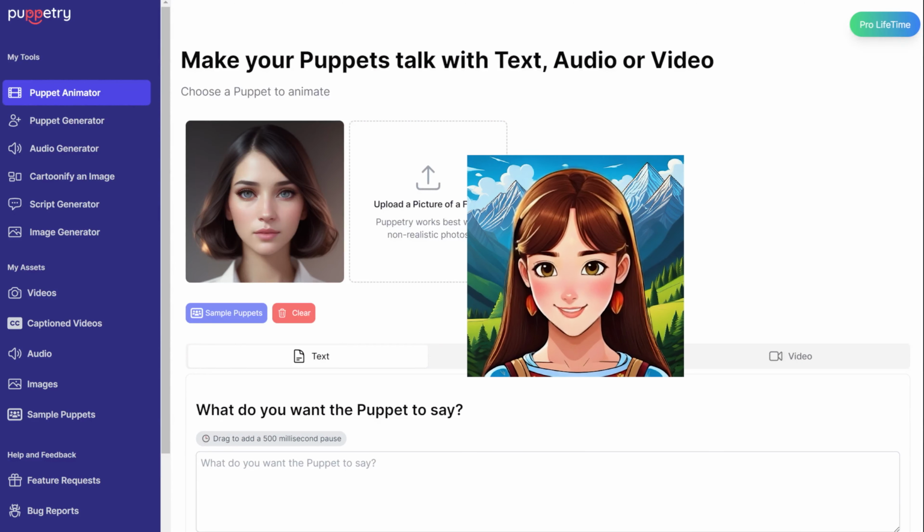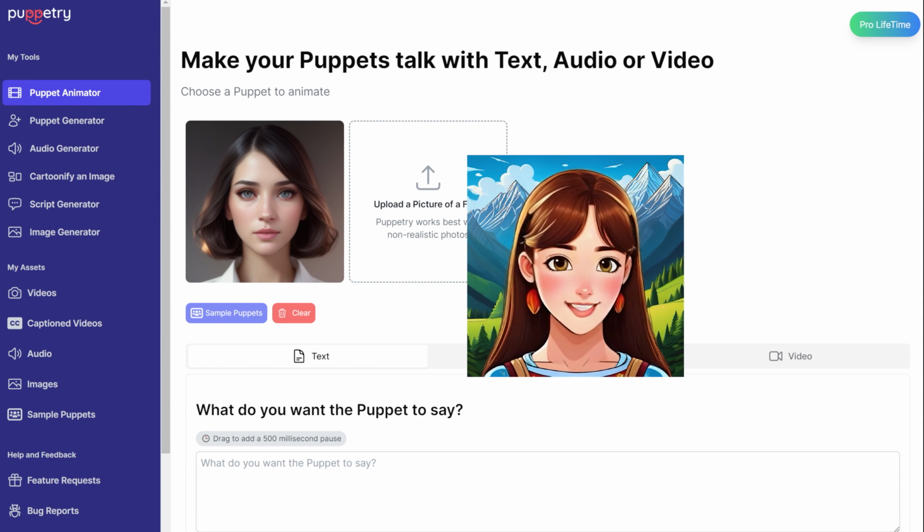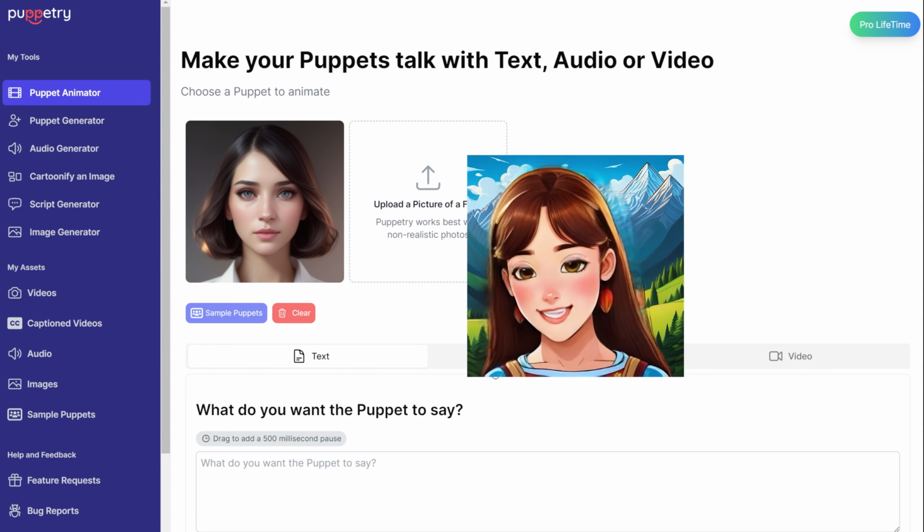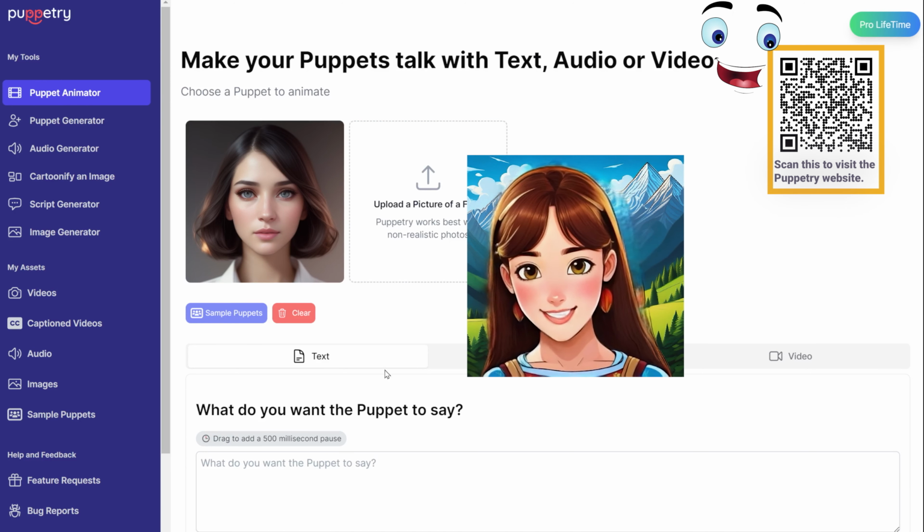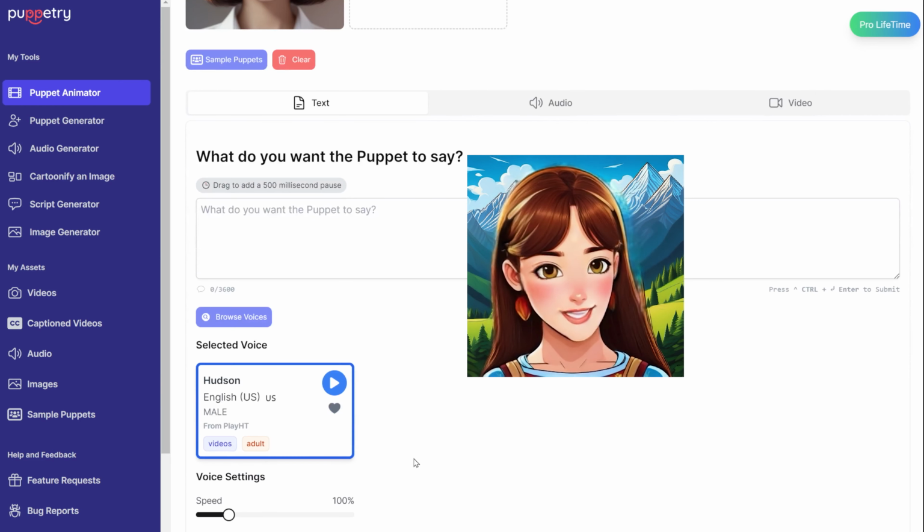Puppetry is a tool that helps you create animated images, perfect for cartoons. These animations can move their heads and lips while speaking. It's very simple, but keep in mind that it's in the early stages, so some things might not look perfect yet. If you want to generate animated images instead of using a talking head in your videos, this could be